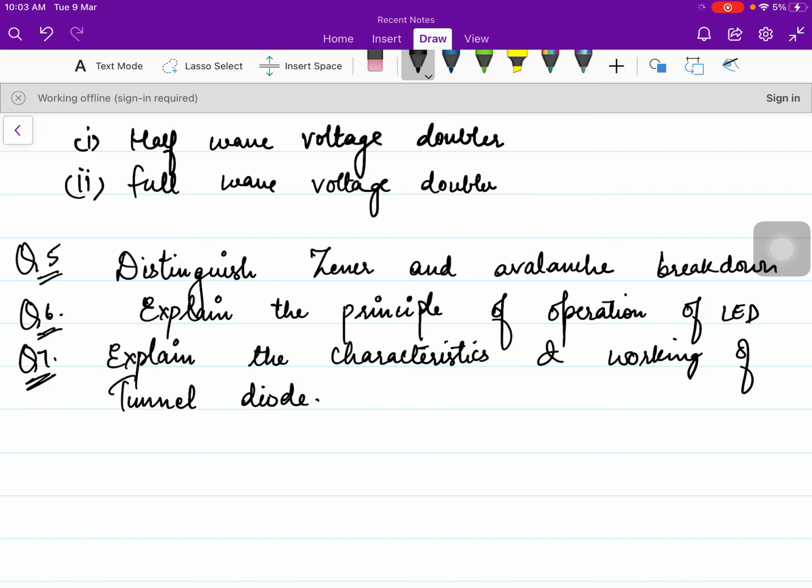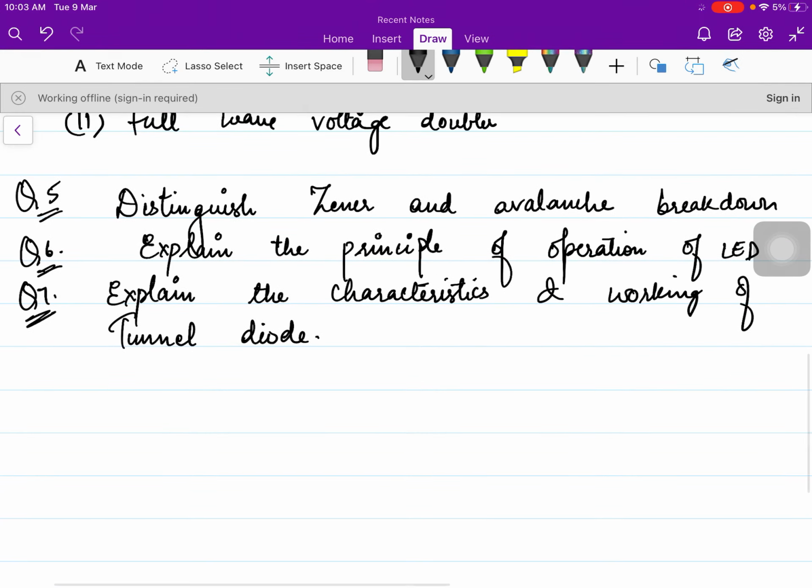I usually see that the students place the diodes in the reverse direction in the case of bridge rectifier. That is not the case, and if you are reversing all the diodes, then the output waveform changes accordingly. So just learn the direction of the diodes properly. So these are the important questions which are related to the first module.